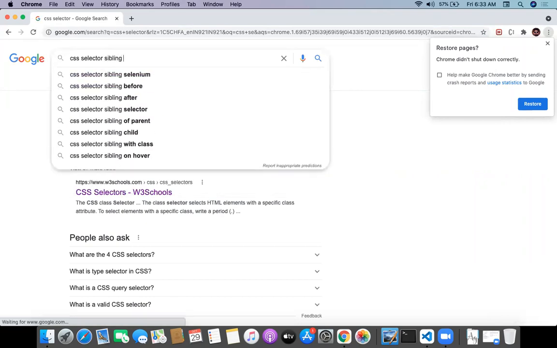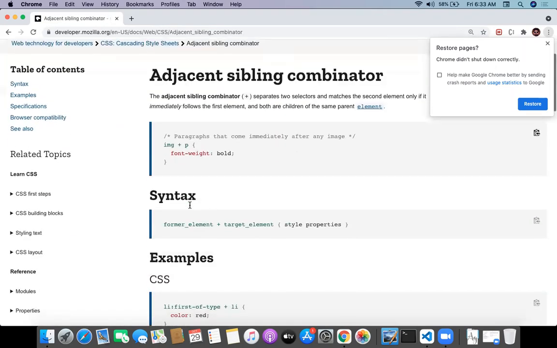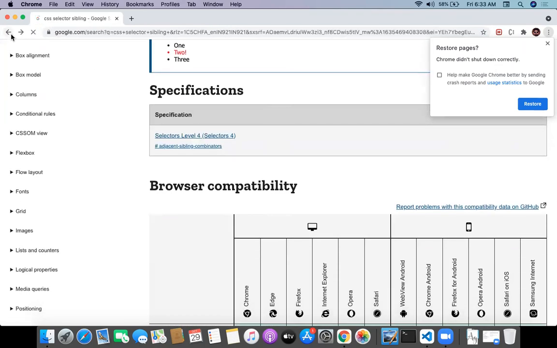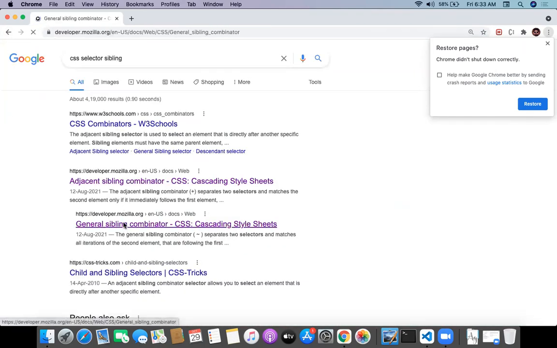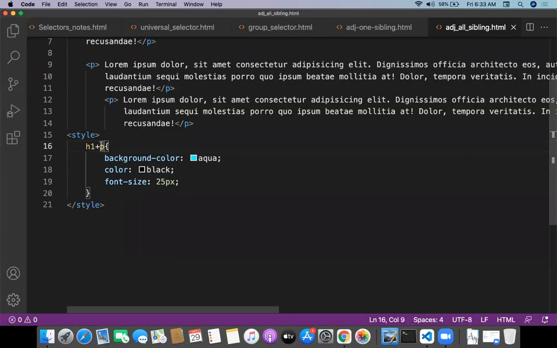My symbol is not working on my laptop, so I'm copying the symbol from the CSS selectors page. Adjacent all sibling means h1 tilde symbol.